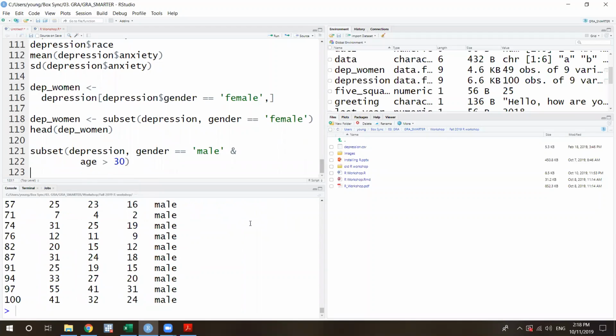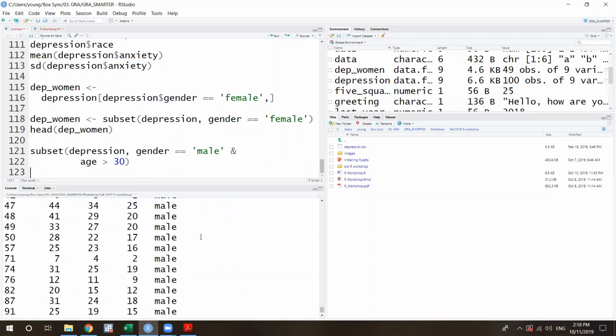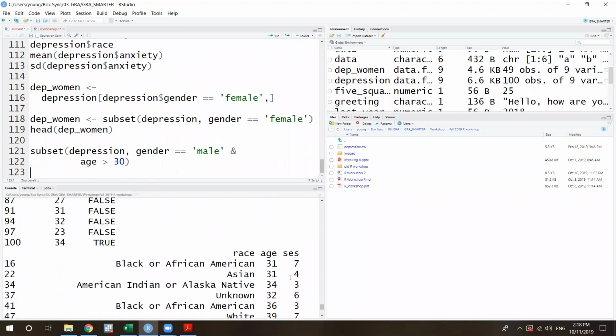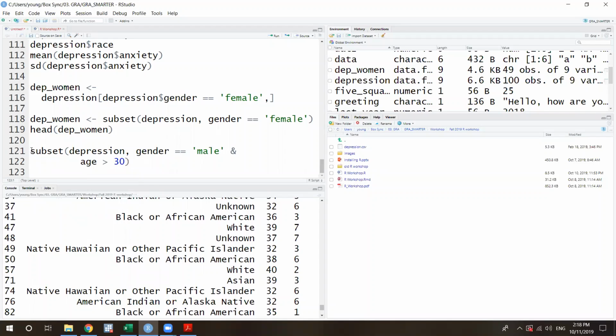This would give you only the male data with age over 30. You can play with this function.